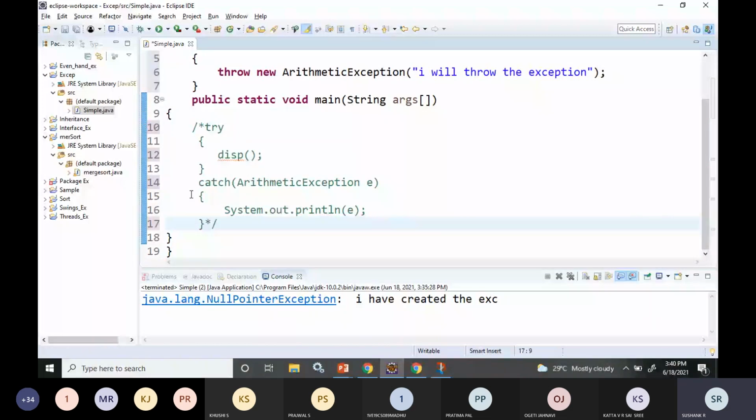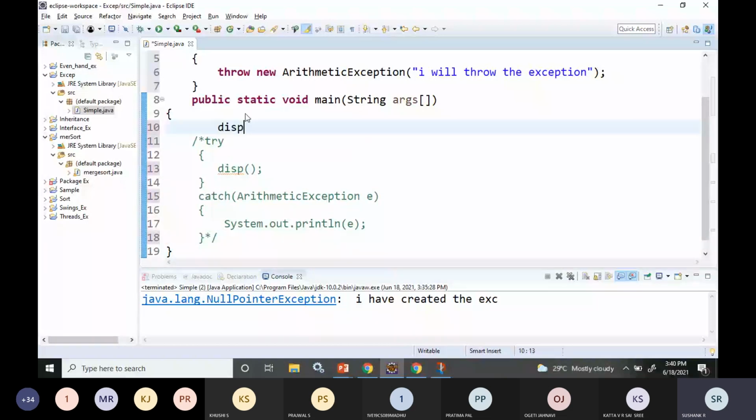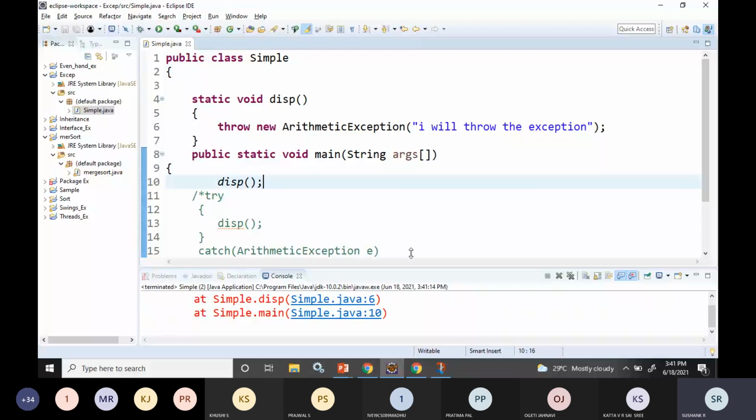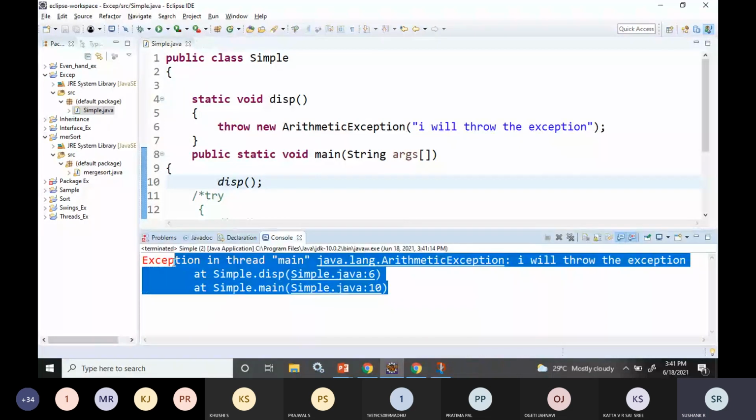Now if I try to call the display function, this display function is capable of throwing the error, but I don't know because I have not been notified. So if I run this, the Java runtime system is handling that.